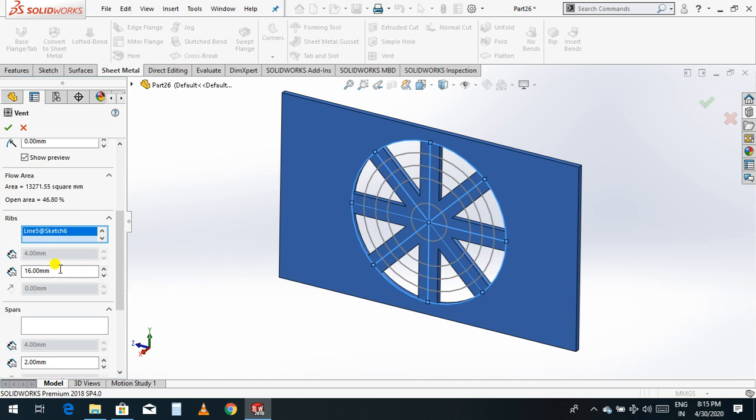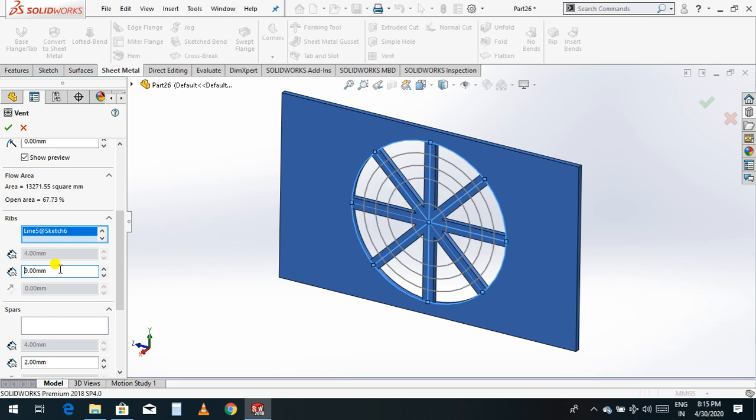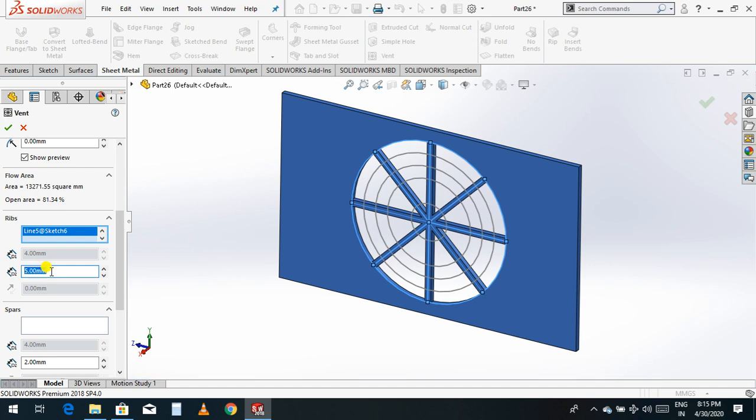I think this is too large, so I'll take 9. Even this one is too large. I'll take 7. I'll take 5. You can take 4 also, no problem.